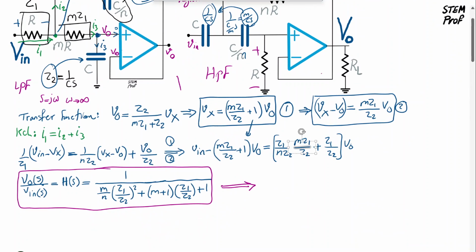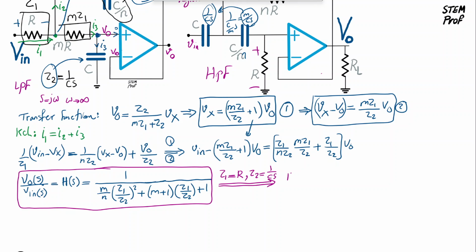So if I set Z1 equal to a resistor, let's say R, as we have in the first topology, and if I set Z2, which is this guy, as a cap, not a resistor, just a cap, then what I get is